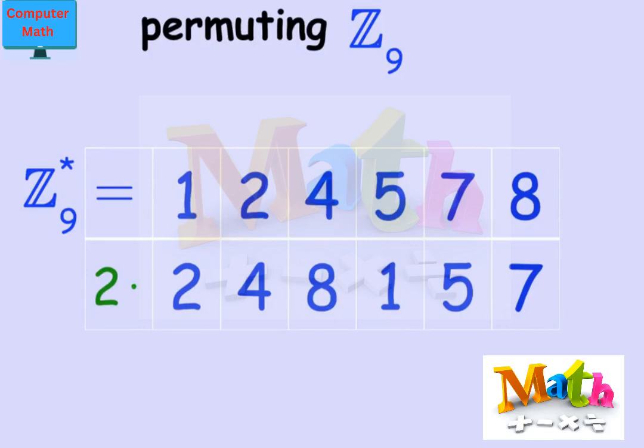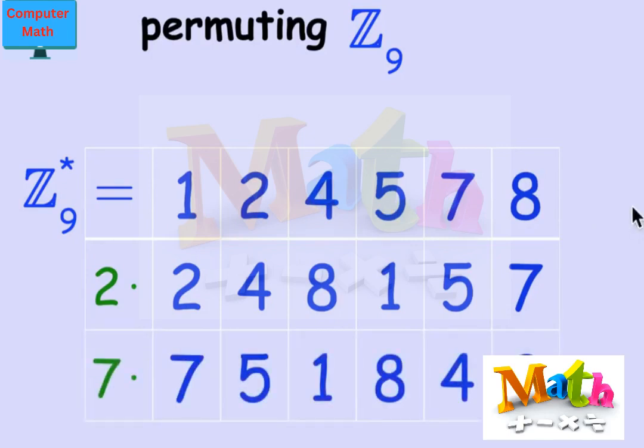Let's do one more example. Let's try multiplying by 7. It's another respectable element over here. 7 times 1 is 7. 7 times 2 is 14, which means it's 5 in Z9. 4 times 7 is 28. Well, 3 times 7 is 27, so that leaves a remainder of 1, and 4 times 7 is 1 in